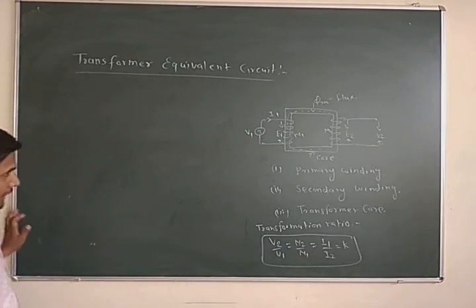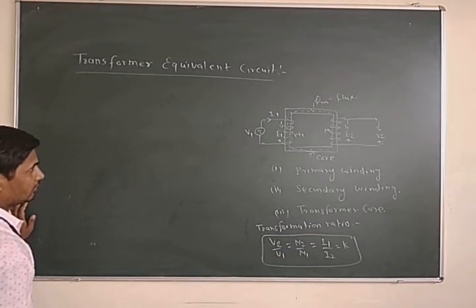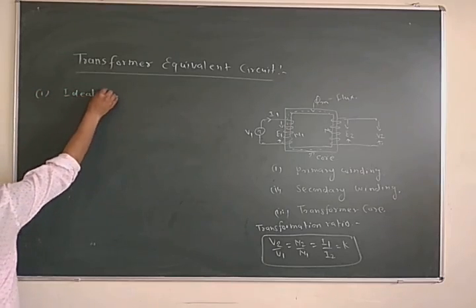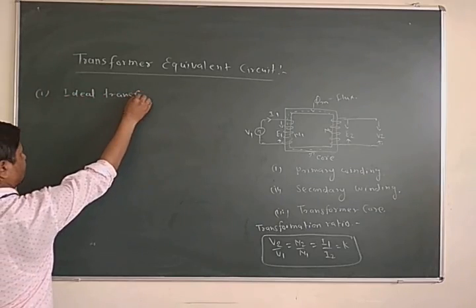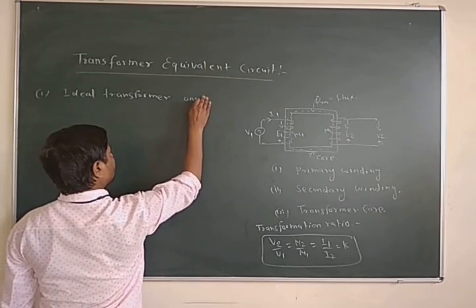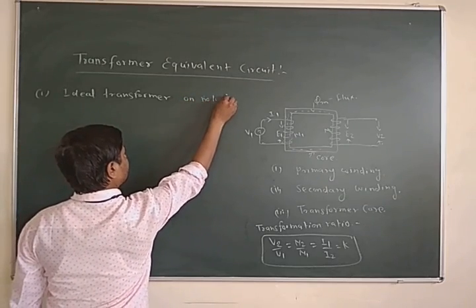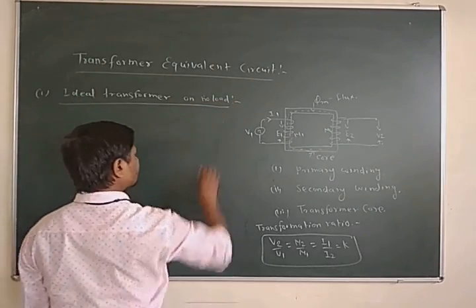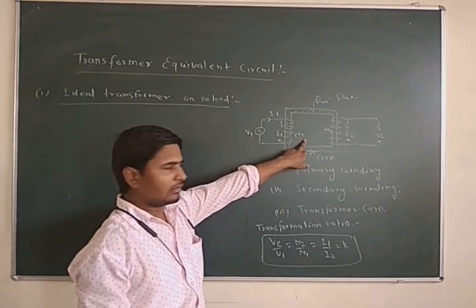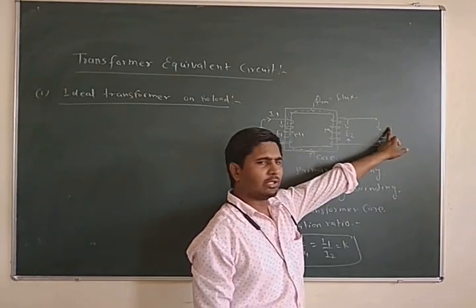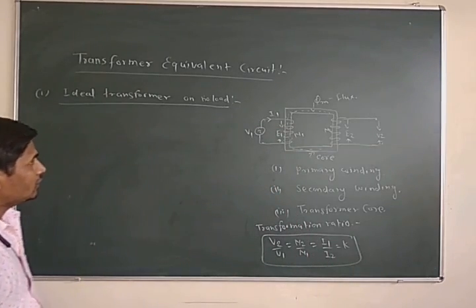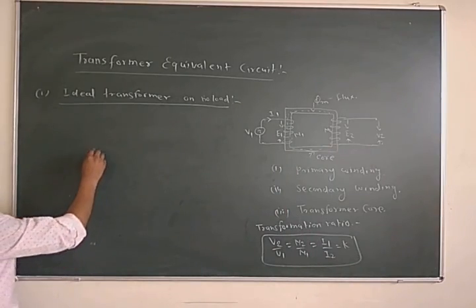Now we draw the equivalent circuit of an ideal transformer. So first we consider the ideal transformer on no load. Suppose this is the ideal transformer and the supply to the load is 0 because the load is disconnected from the secondary winding. Now the equivalent circuit for this is